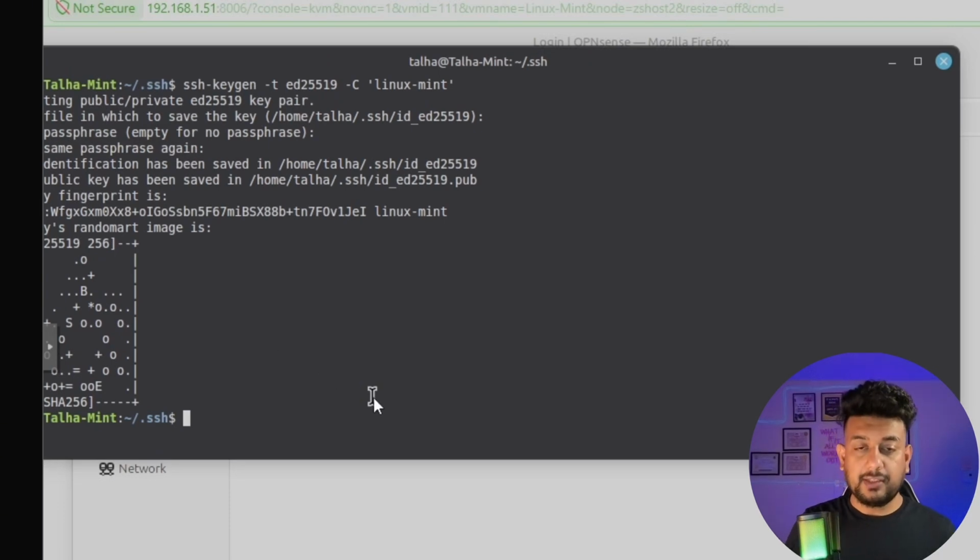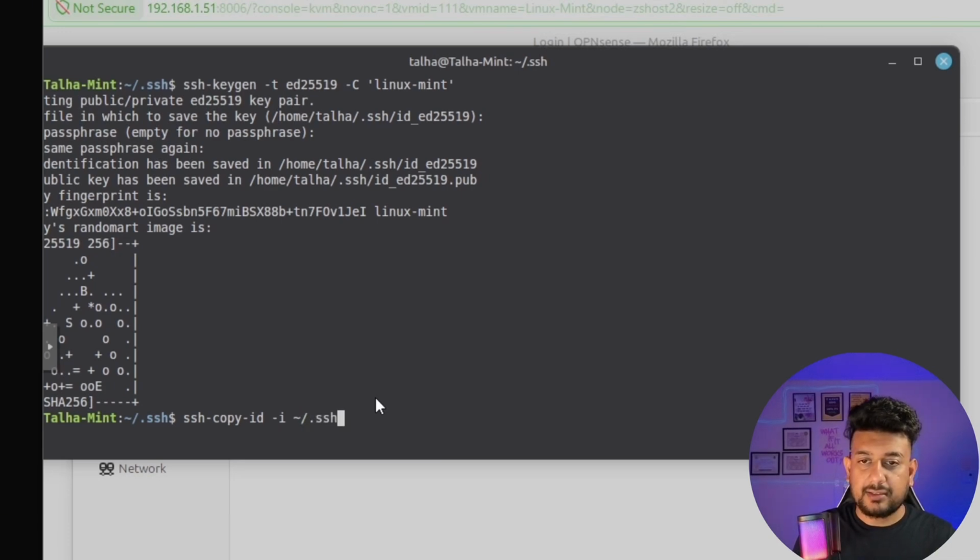Moving forward to step number 2, copy the public key to the server. For a Linux machine, we use this command ssh-copy-id, and then we use this identifier -i, and then the directory where we have those keys. So it's ssh, and you can see it automatically detected the public key. And then after that, I'm going to type the username I'm going to use for this specific key. I know I have 2 users. If you have watched my previous video, I created a user Talha, and there is another user which was Talha test, but I'm going to use the same user as Talha